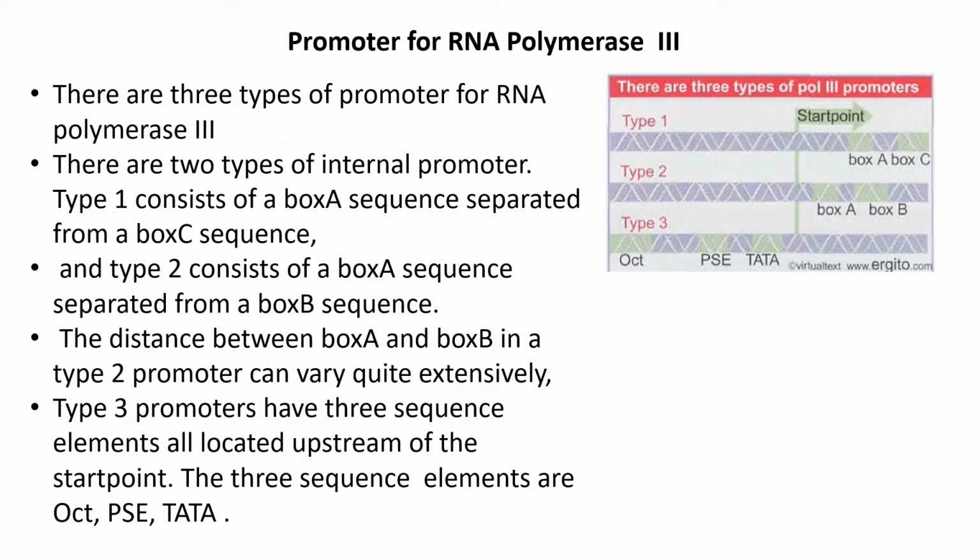Now I'll focus on the promoter for RNA polymerase 3. For RNA polymerase 3, there are three types of promoter. Again, these three different types are classified into two groups. The first two are known as the internal promoter. Now this type 1 promoter is characterized by the presence of box A and box C sequence, whereas type 2 promoter consists of box A and box B,